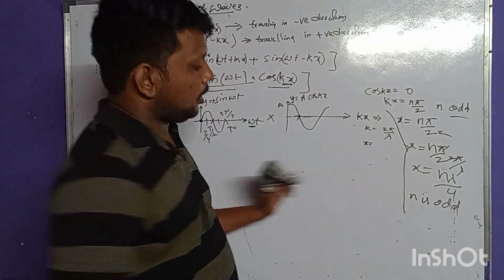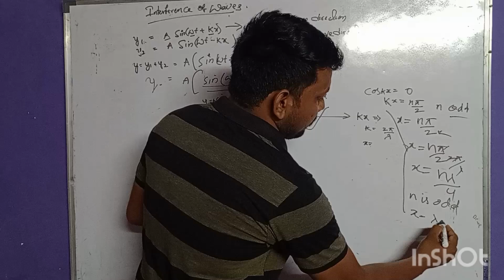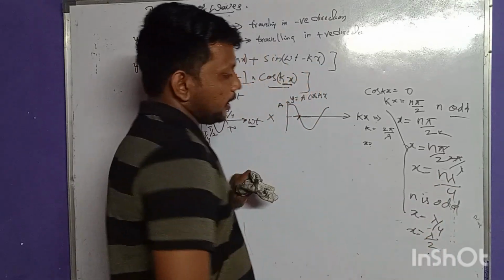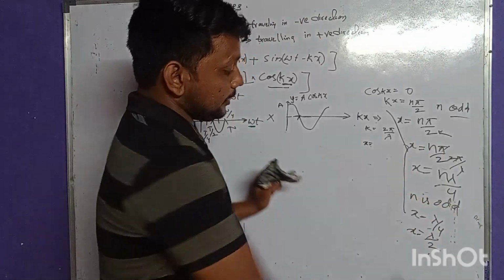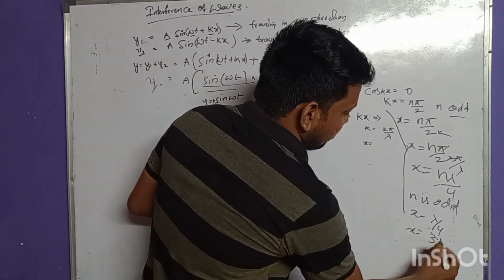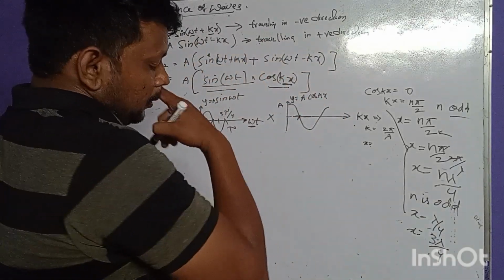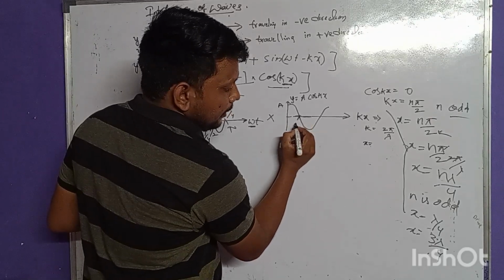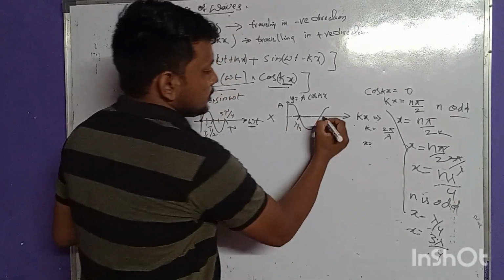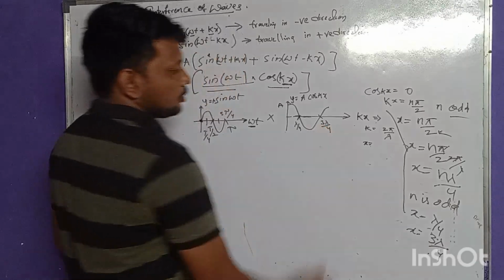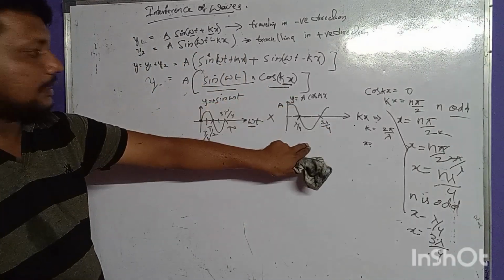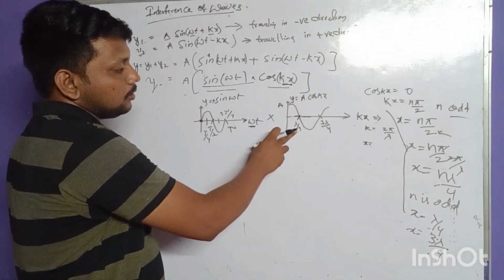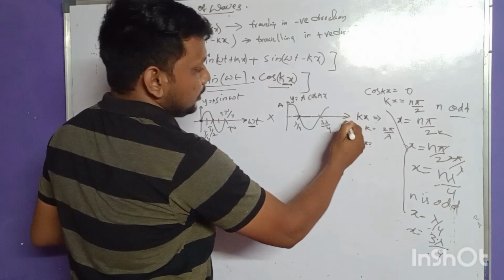That means x is equal to lambda by 4, x is equal to 2 lambda by 2, right? 2, n is odd, right? Sorry, 3 lambda by 4. This cos function is getting 0. That means this is lambda by 4. This is 3 lambda by 4. This cos function is getting 0 at x is equal to lambda by 4, and this is